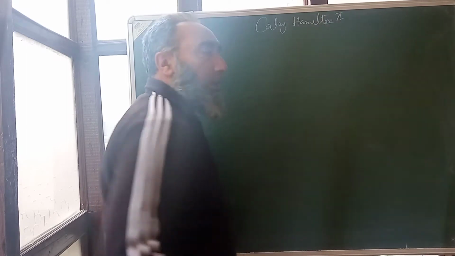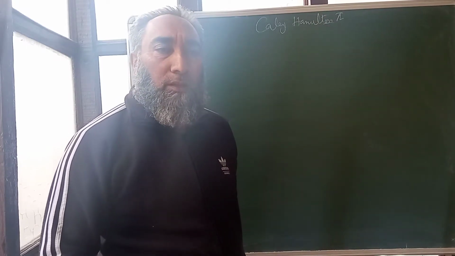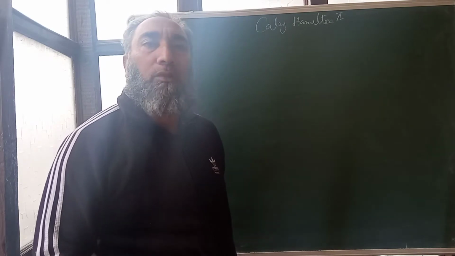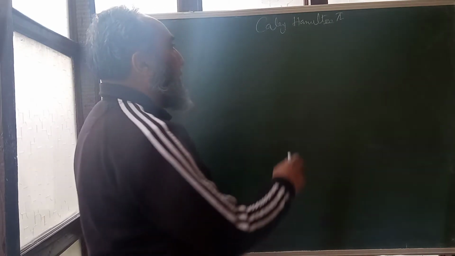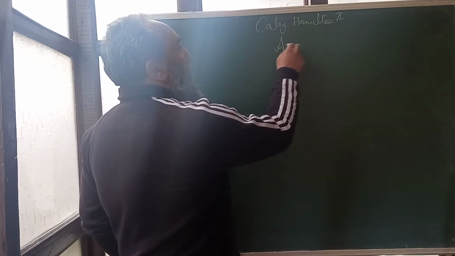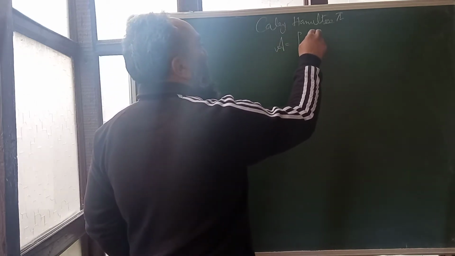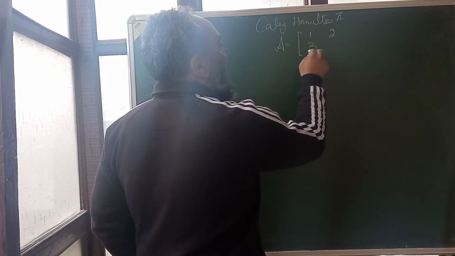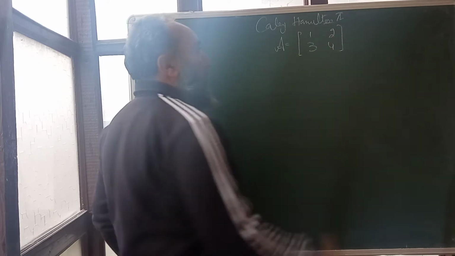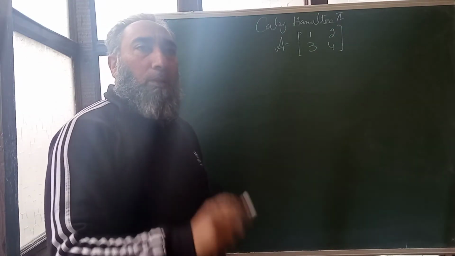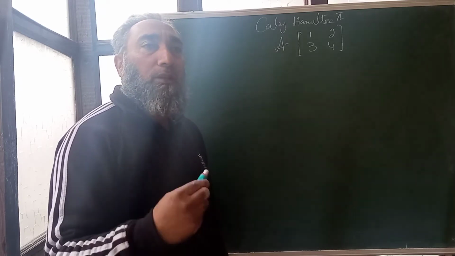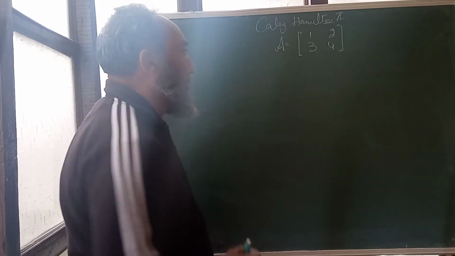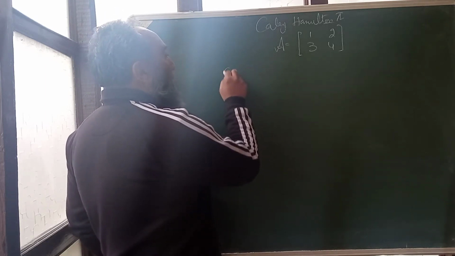It states that every square matrix satisfies its characteristic equation. I have already given the definition in my previous talk. Let me give an example. Let A equal, say, [1, 2; 3, 4]. Every square matrix satisfies its characteristic equation, so we have to find the characteristic equation. The characteristic matrix